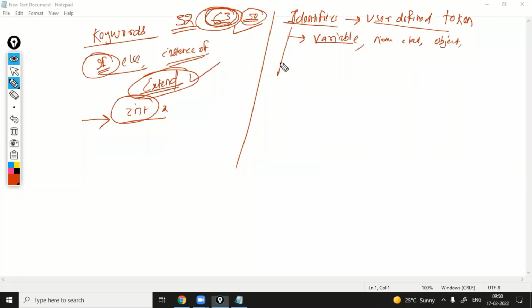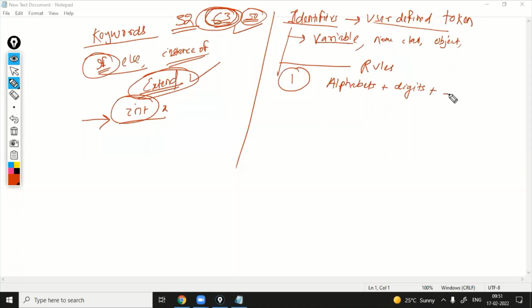And how to create an identifier? There are certain rules to create an identifier, so you follow the rules. The first rule: you can take alphabets plus digits, and special characters.